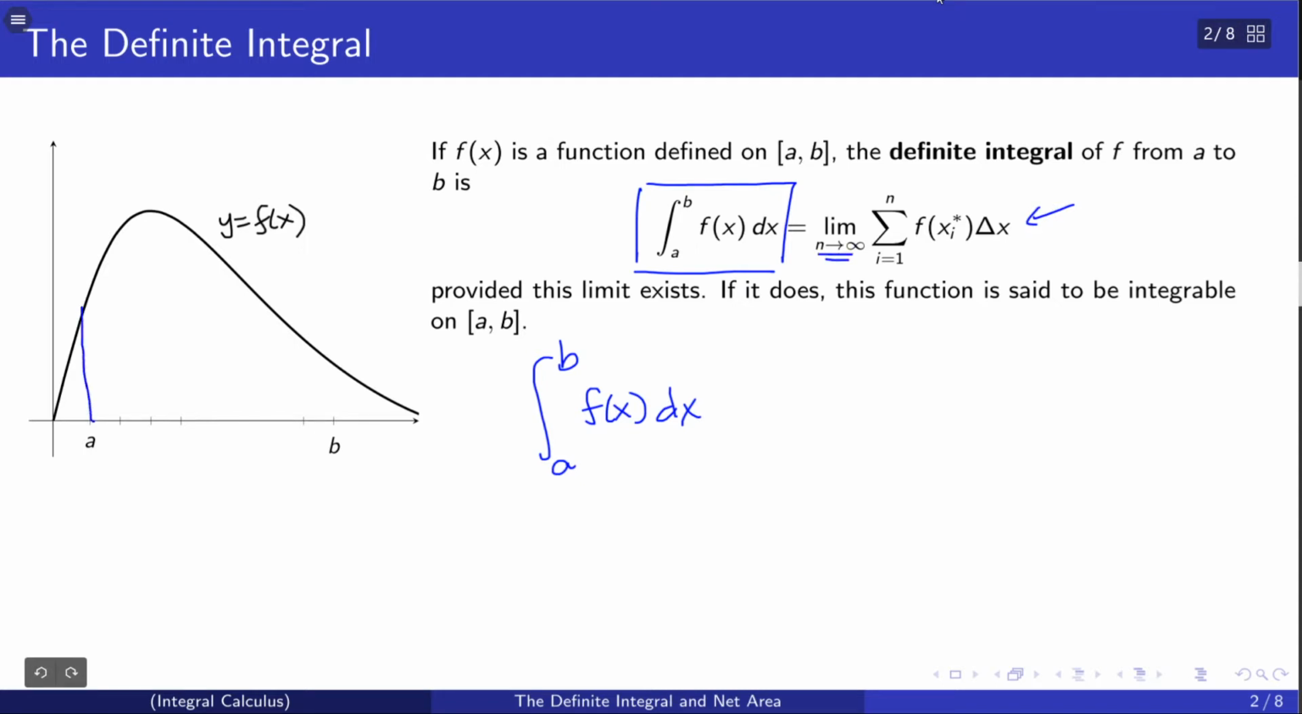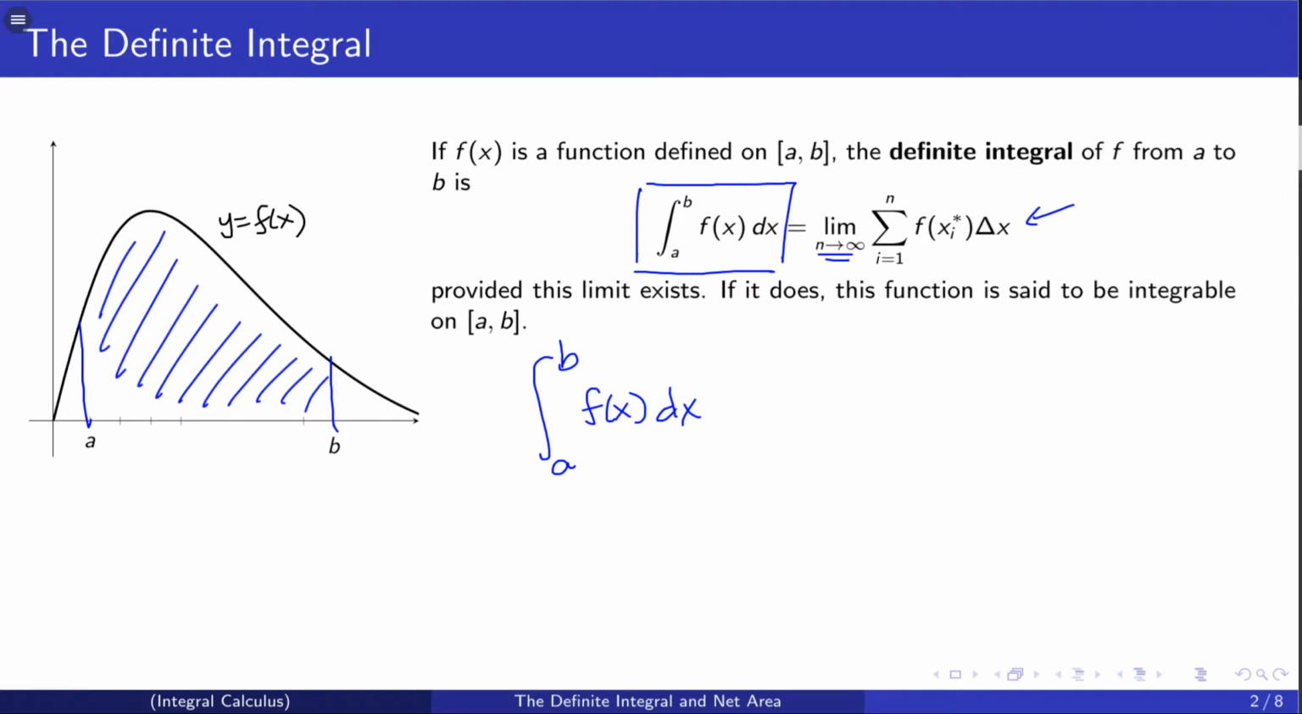Right, so again, it's the same exercise, right? You're dividing it into many, many rectangles, and my rectangles don't look nice, but you get the picture. And you're gonna get the exact area under the curve, provided this limit exists, of course. If the limit exists, then we say that the function is also integrable on the closed interval from a to